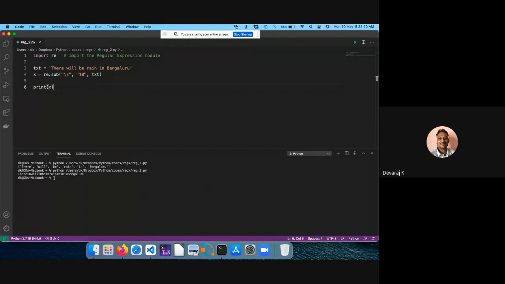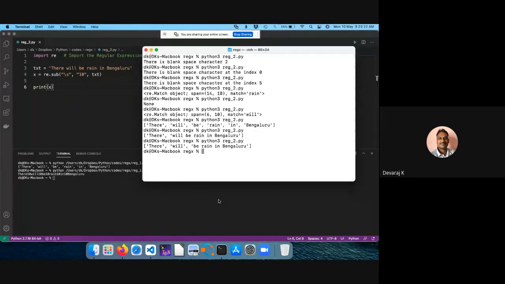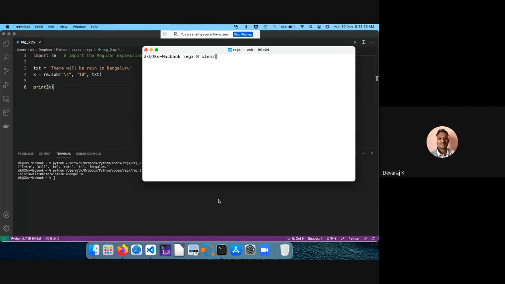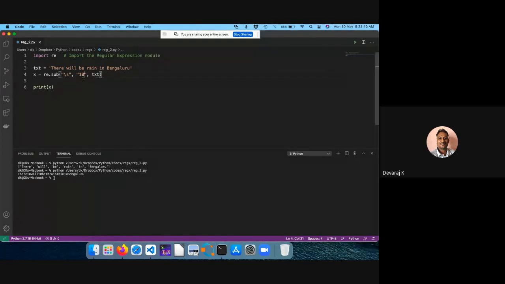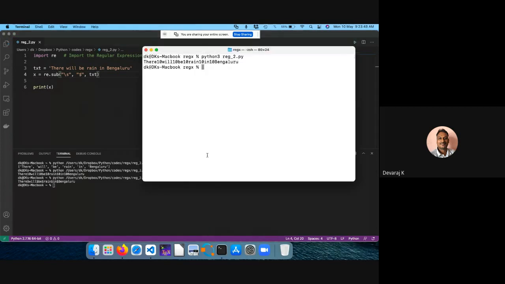If I run it, see here, we show here also. Clear. Look at this: 10 will 10 be 10, like this. So all the blank spaces I can fill. It need not be any number. It can be even a special word also. You can put some special character also. Maybe I can put some dollar. See, it's filled with some special character. So in between that, I have put the dollar.